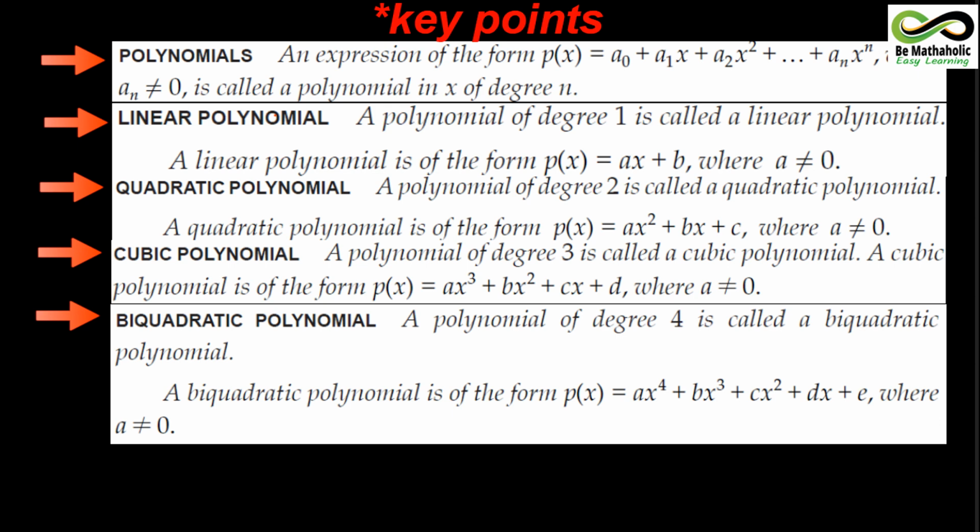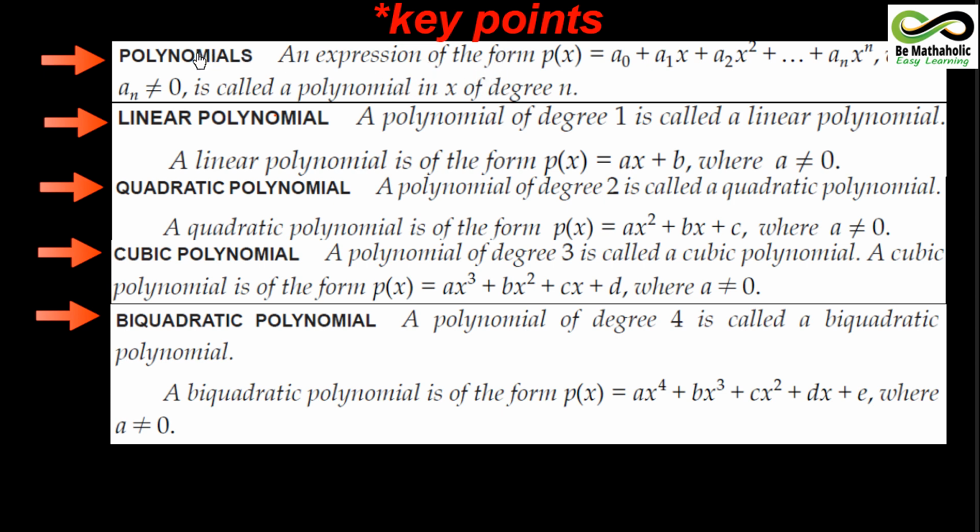What all things you study in polynomials is, firstly, what a polynomial is all about. I'm going to read the definition. It says an expression of the form p(x) = a0 + a1x + a2x² up till anx^n. This is a general expression which is called a polynomial expression, children. Here a0, a1, a2 are real numbers, and this has a degree n. Degree is the highest exponent of a polynomial expression. This is the general form of a polynomial expression.